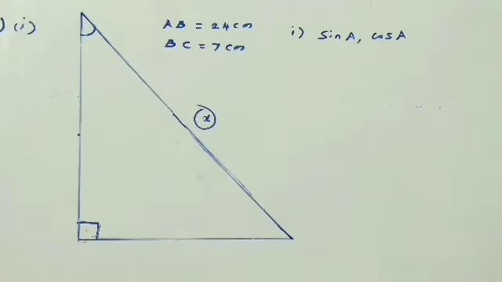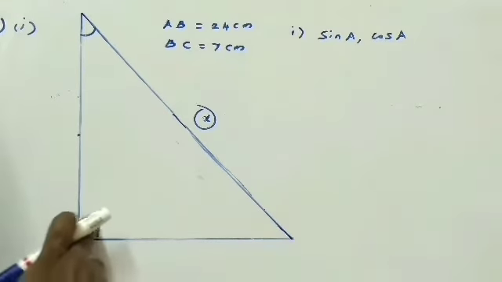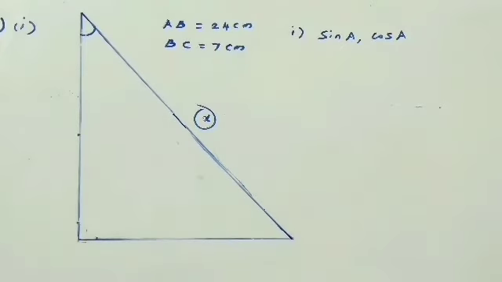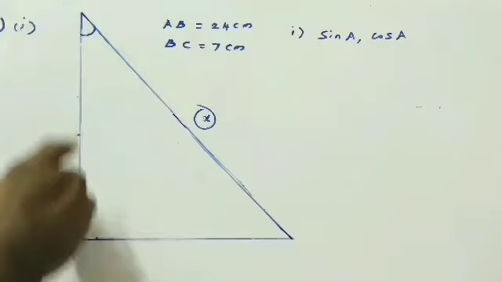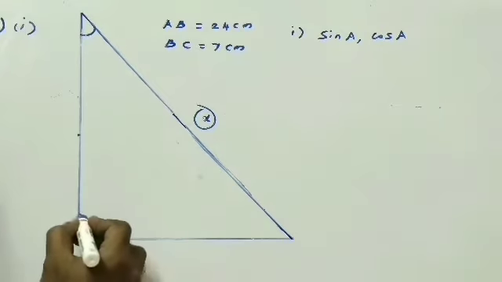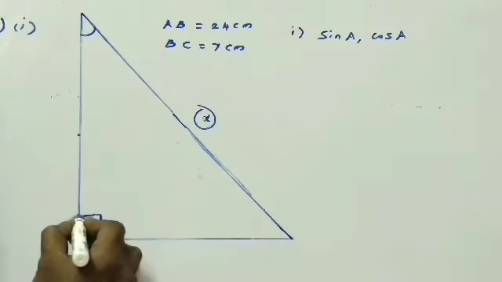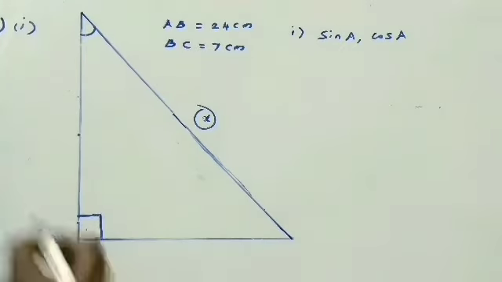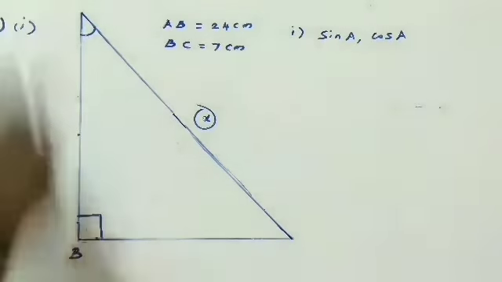Now listen to this diagram. This is a right angle triangle. They mentioned in the first question, subdivision 1, in triangle ABC, a right angle at B. So consider this is triangle ABC, a right angle at B. Right angle means perpendicular. So this side is the perpendicular side. So you can put right angle at B.